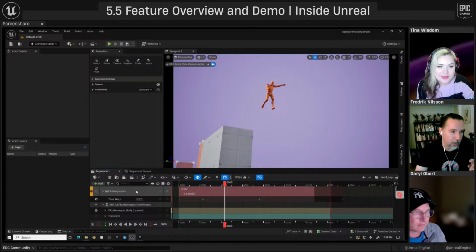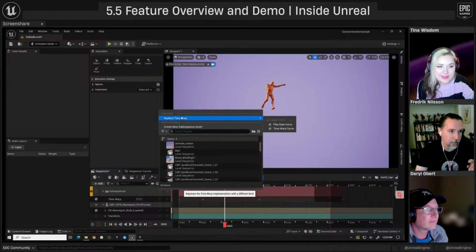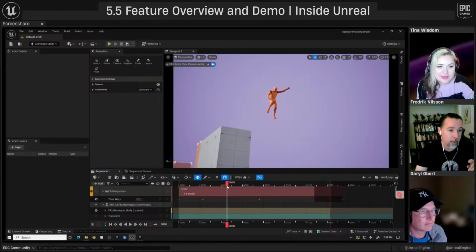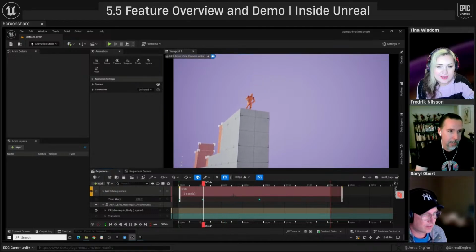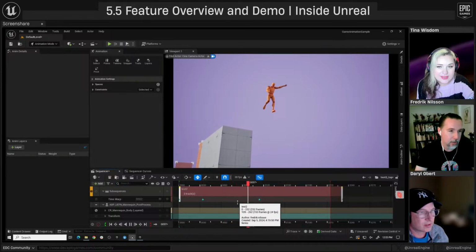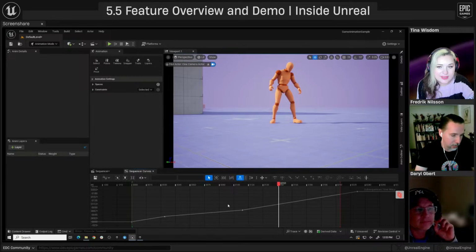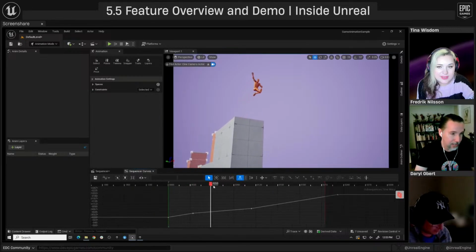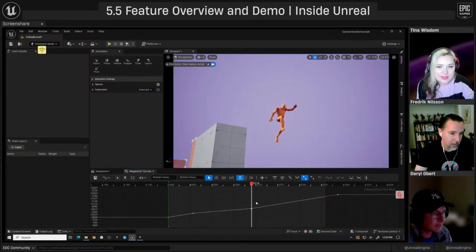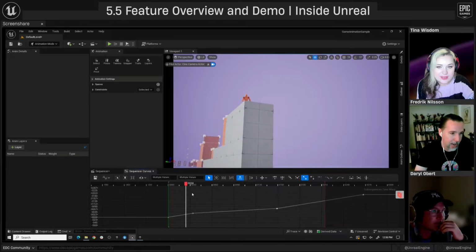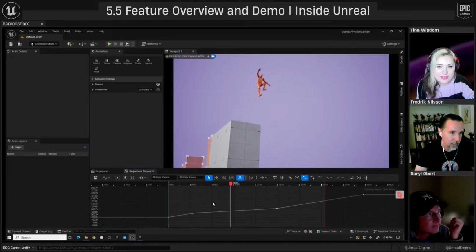So what I did is I clicked the plus sign and I did time warp. So you can add a time warp on a subsequence. I have it muted here. If I unmute this and I play, you'll see now he goes slow motion for the jump, boom, and then it goes back to real time. And that curve, which I was trying to get up before, is just this. So if I want it to be even slower, I can just move this further, and now it goes really slow.